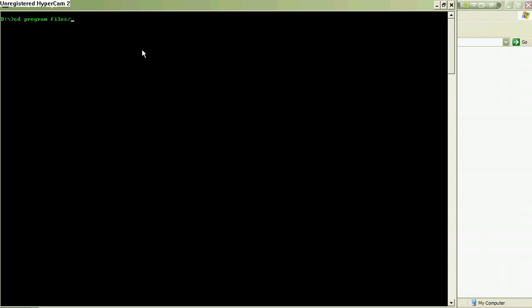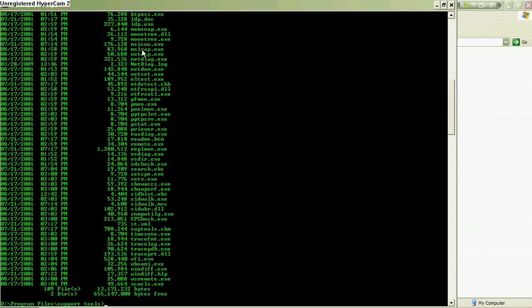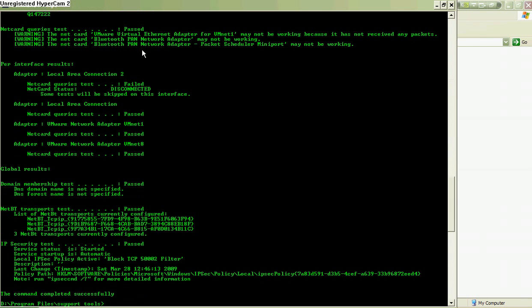program files slash, and the name that you named it matters a lot. So for this case, support tools, and then when I enter, you can see that. First of all, you make a diagnosis of your environment to see how you're standing. We just use this command. You type netdiag /test:ipsec, then enter. You wait for a minute, and then you see,